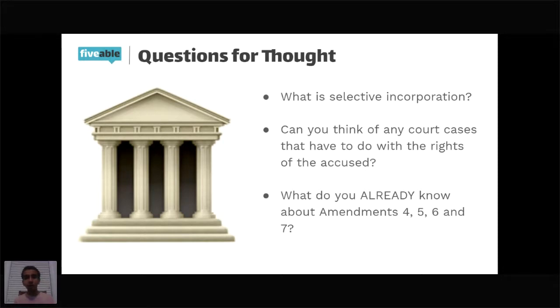Right. A right to a speedy trial is definitely something that's covered within the rights of the accused. That comes through in Amendment 6. Another thing we look at with Amendment 6 is the fair trial, trial by jury of your peers. All of those fit into Amendment 6. And yeah, so just with selective incorporation, the main idea of selective incorporation is that